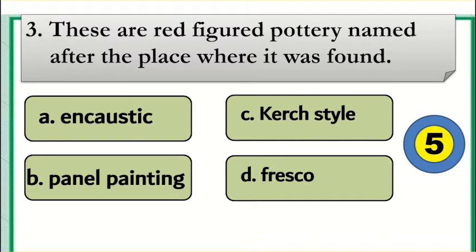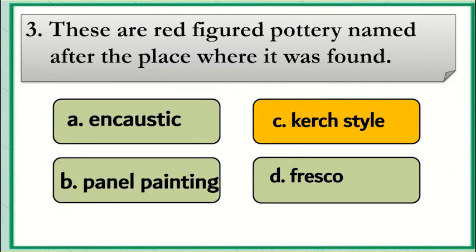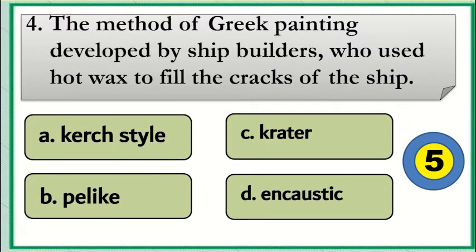Letter A, encaustic. B, panel painting. C, church style. D, fresco. If you answered C, that's correct. Bravo. 4. The method of Greek painting developed by shipbuilders who used hot wax to fill the cracks of the